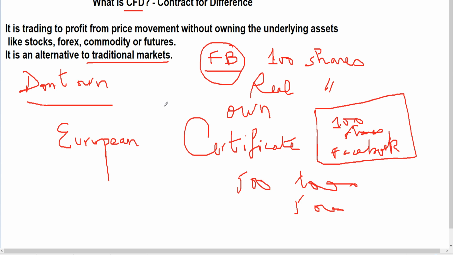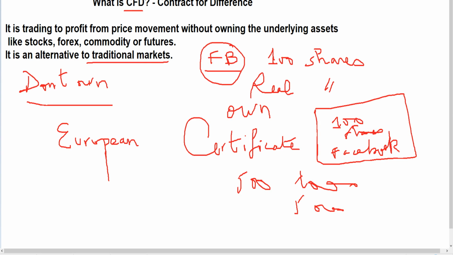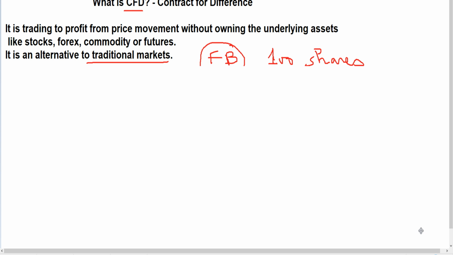But in order to go ahead, let's just see: why would someone, instead of buying 100 shares of Facebook, go and buy a CFD relying on Facebook? So it means there is a trick here. Why do they do that? So let's go and see why that is. The trick is that a CFD, as something that you are trading,